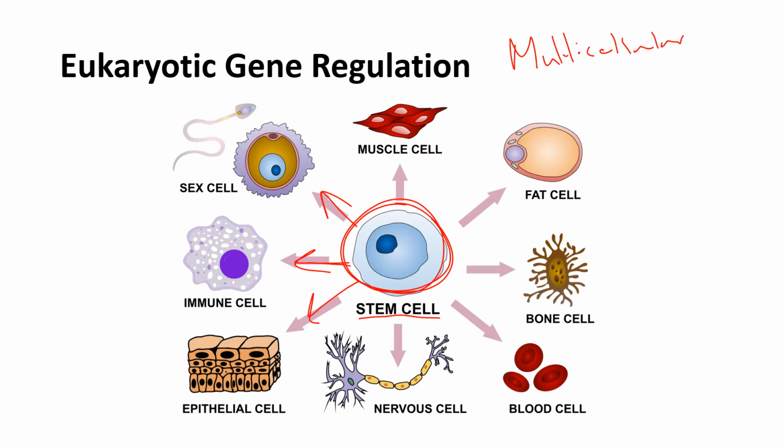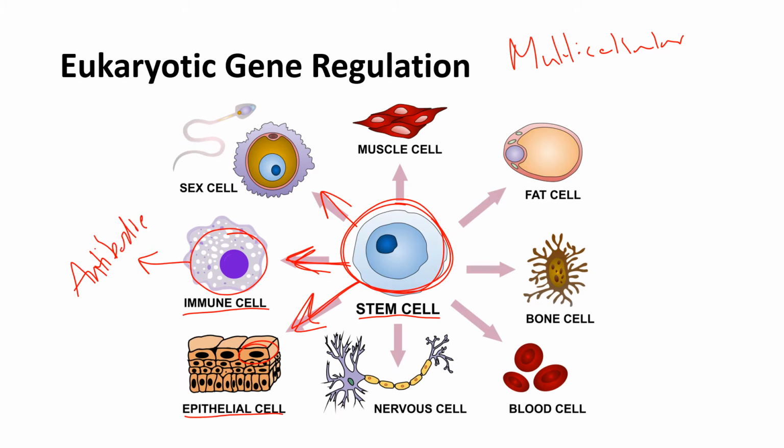But when those cells differentiate, like producing an immune cell or differentiating into epithelial cells, all of those cells, like the white blood cells and the epithelial cells, contain all the genes to make all the proteins in the human body. But immune cells need to be able to make antibodies